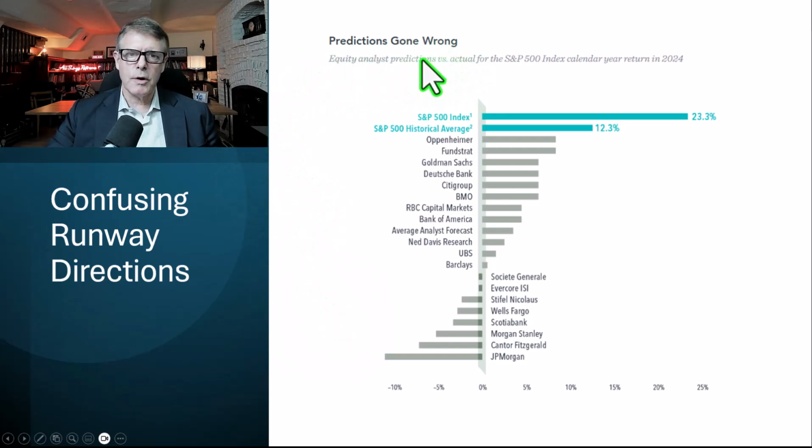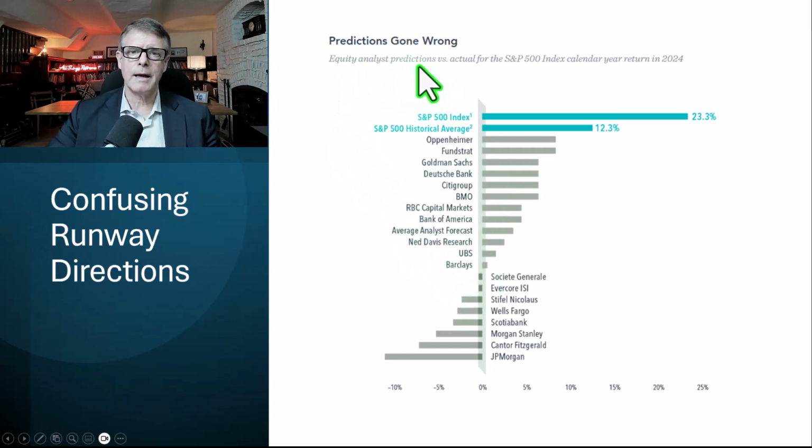So there's probably a few examples we could come up with. I'm just going to go through this chart called predictions gone wrong. Now this gets back to that idea that people have a tendency to want to follow gurus when it comes to the public markets. The reality is we live in a very complex world where predictions are very difficult to get right. But unfortunately, there's a lot of financial institutions that make a lot of money on their predictions, but inevitably, more often than not, their predictions are wrong. Now, I'm going to talk about how to handle this in a minute, but we have confusing runway directions as it relates to the media, which gets things wrong consistently, as well as some of the largest investment firms out there. And I'll give you one example.